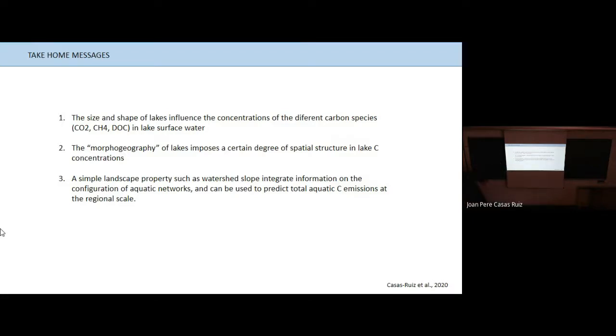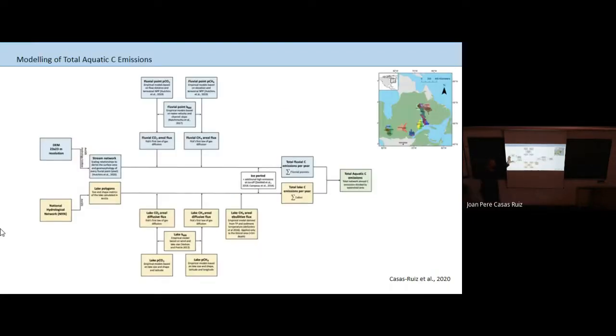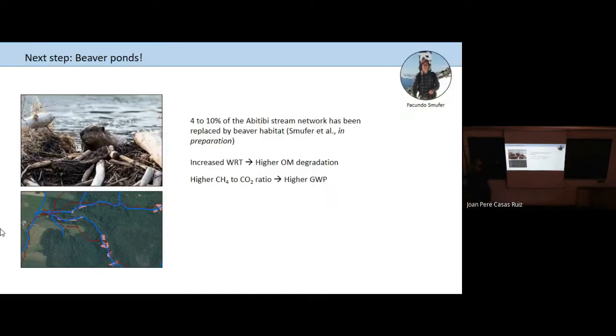And yeah, so I was saying before that we try to incorporate a bit everything, or as much as I could, to these total aquatic carbon emissions: streams, rivers, lakes, evolution in lakes, the ice period, and so on. But there's a lot of things that we could use also to improve this. And what we are doing right now, actually, to try to improve these numbers, is to incorporate something that I like a lot, which are river points.